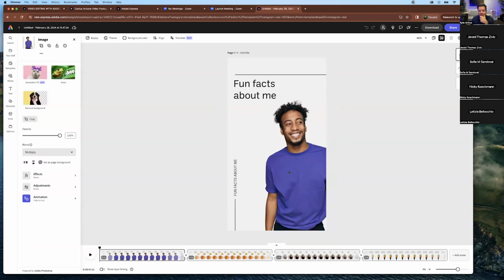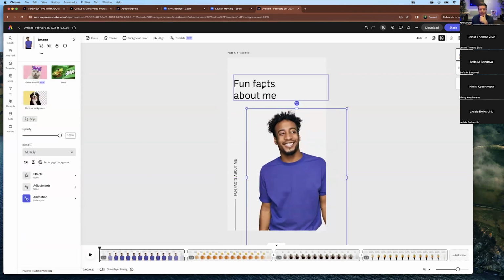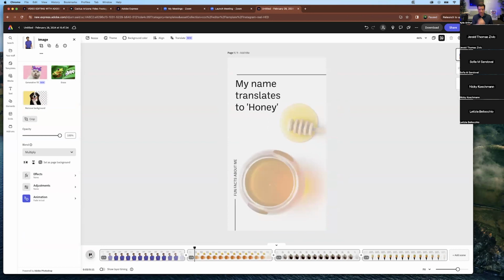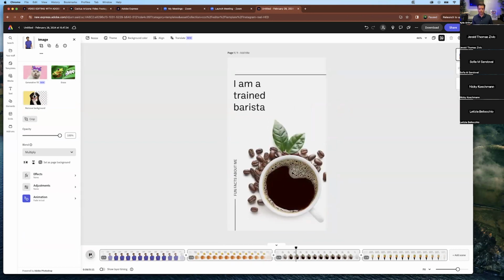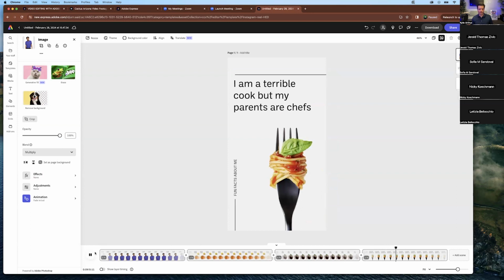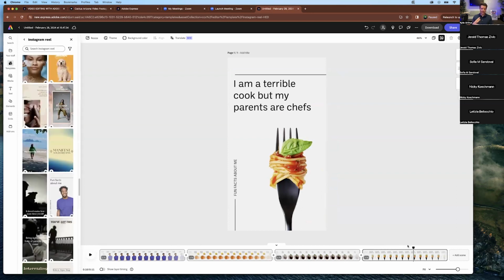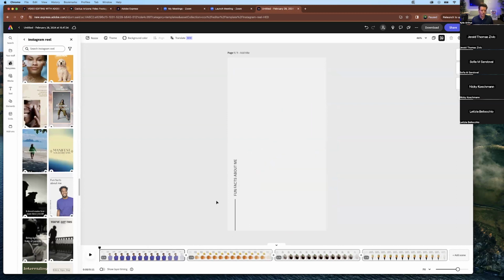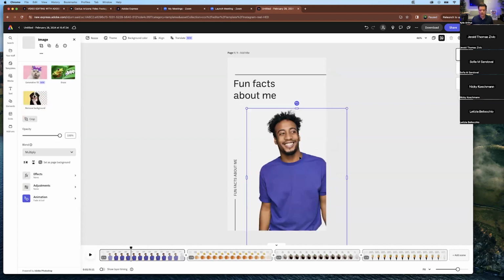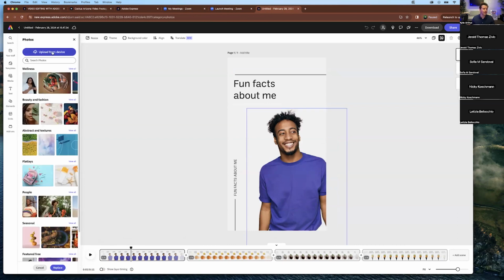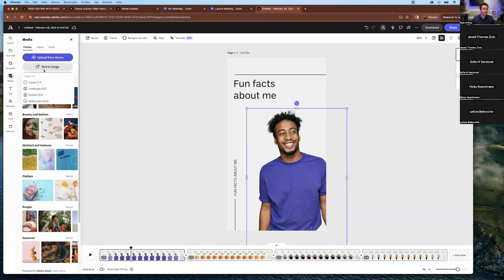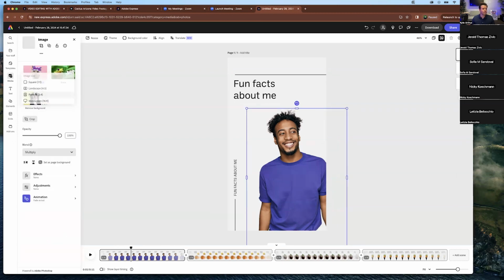Like this seems like I have, let's say, a student worker, and let's introduce them. So when I push play, it already has done all the work of building out. They did all the hard work of animating and popping things in. So if we just want to click on an element, we can replace it. And I can either upload a photograph of my student worker, or I could even do a text to image portrait